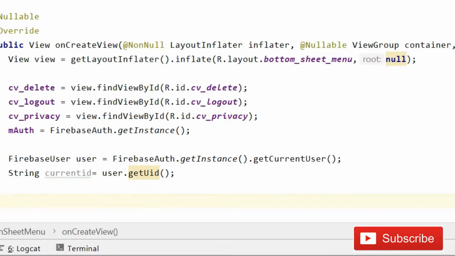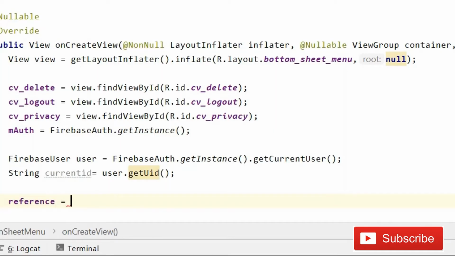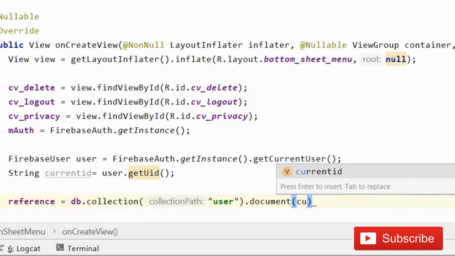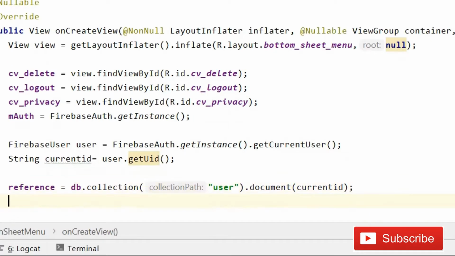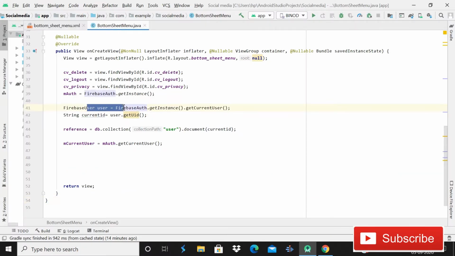Fine guys, and after this simply write documentReference equals db.collection("user").document(currentId); then semicolon. Fine, so now we are done with this reference. These both things are pretty much the same, but just for making things clear and easier, I'm doing it separately.